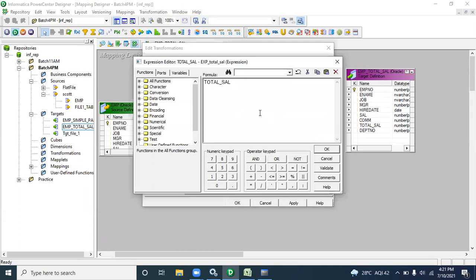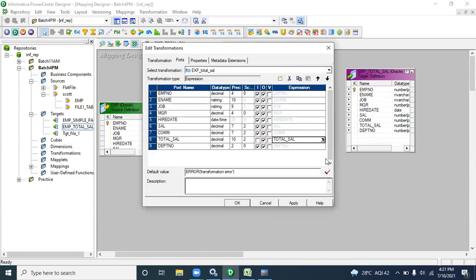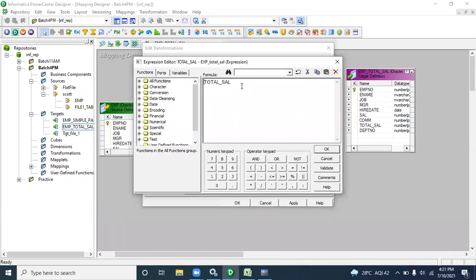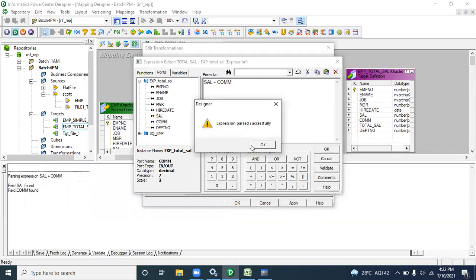So click on the expression in that drop down, just delete it and go to Ports, double click on sal, and a plus sign will be there, then double click on commission. Just validate it, it will say expression parsed successfully.